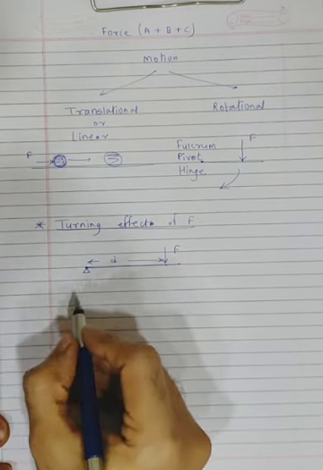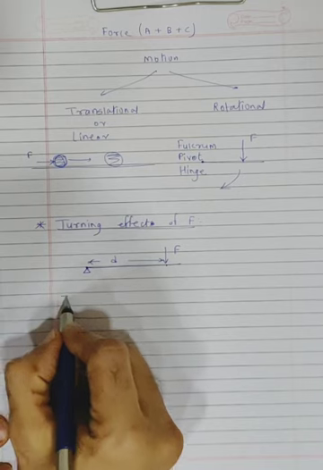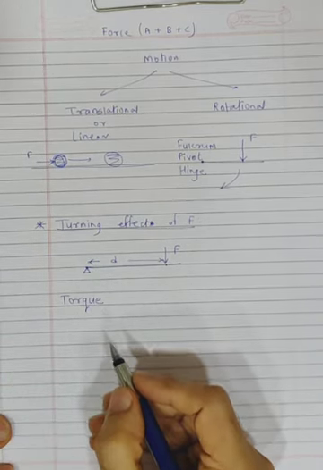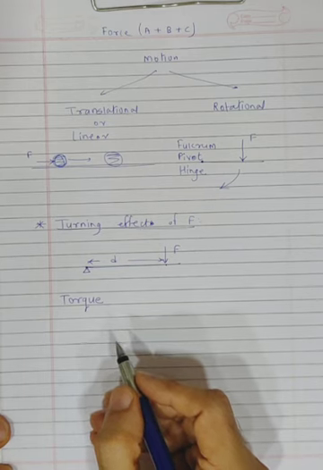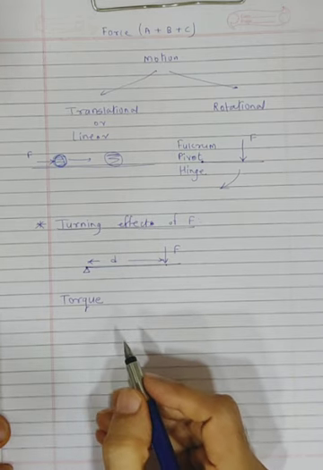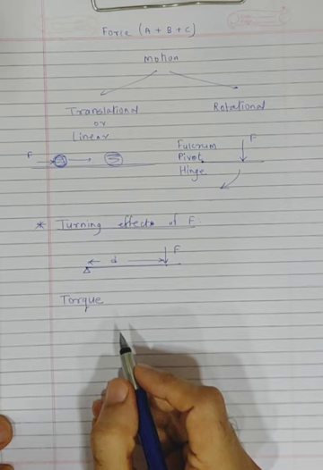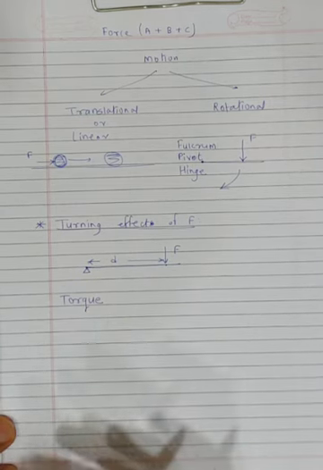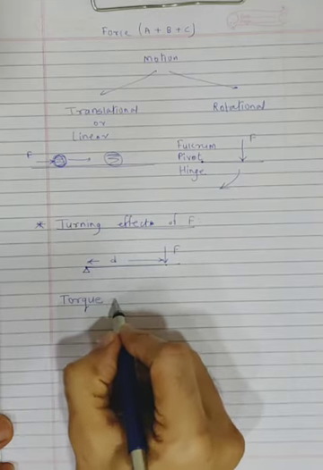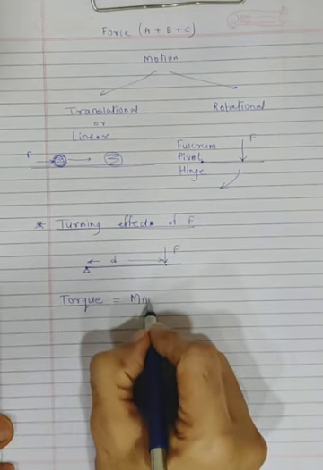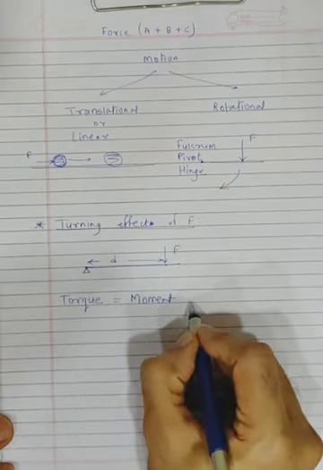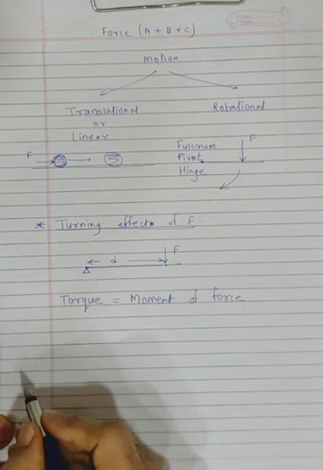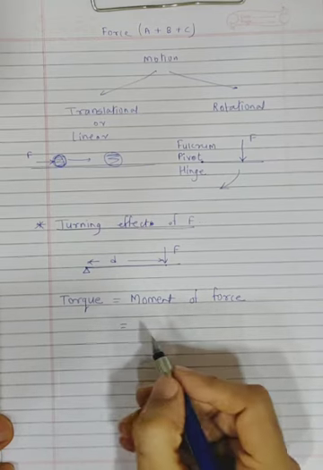Now, how do you measure the turning effect of a force? Like how do you measure the magnitude? Correct. How do you measure the value of the turning effect of force? So that is measured using torque. Okay, it's called what? Torque. Those who read more about cars and all must have already read about torque. Like they say the motor of a car has so much torque. So it's called either torque, or it is also called moment of force.